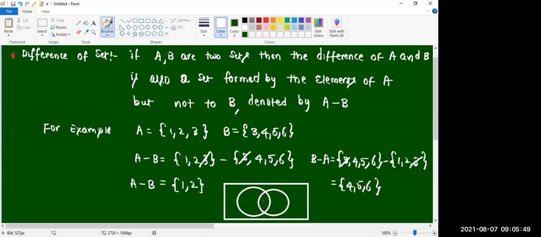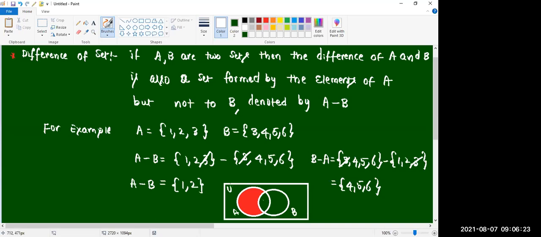Okay? A minus B means which part? A intersection B means which part? And B minus A is which part? If you see carefully, this is the A minus B part. You see carefully, A minus B, A intersection B and B minus A, they are disjoint sets again. No common elements are there in them. These and all relations we can find. If you write Venn diagrams, easily we can find.